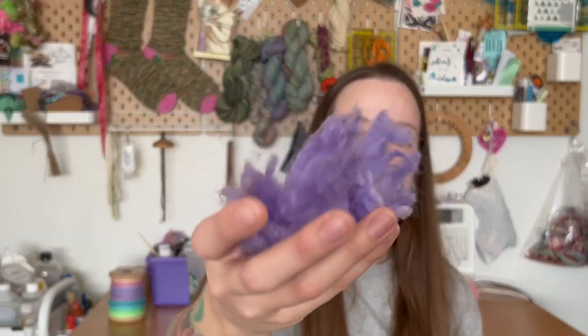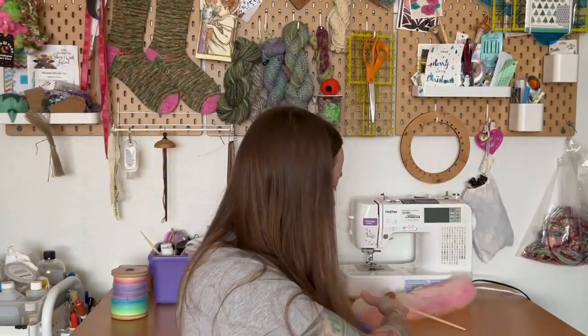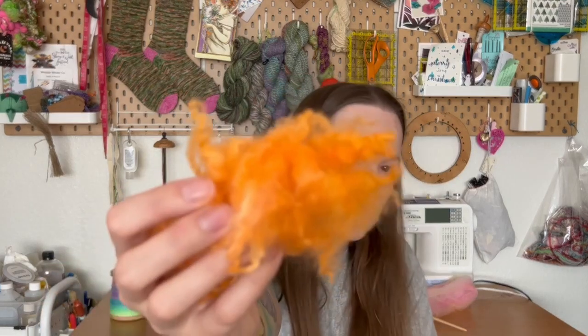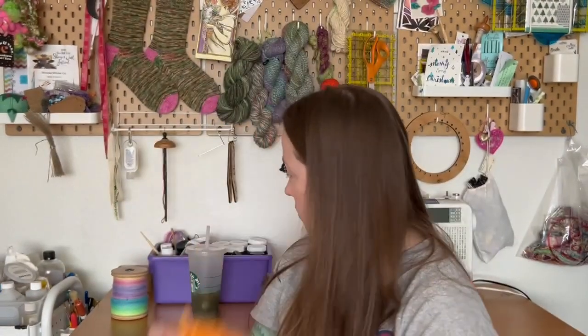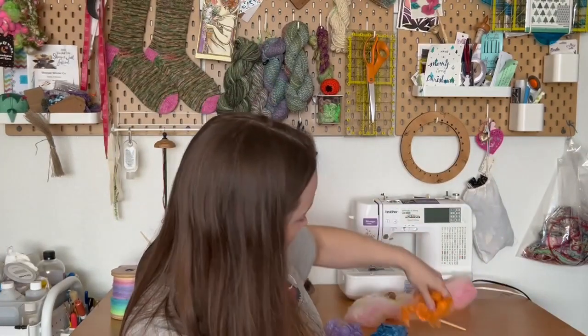All right, so here is the lilac or lavender color. Whoops, dropped it. There's that. Here is my blue. I think this is called sky blue. I think the purple dye is called lilac. And then this one is cantaloupe. There's that. And I'm currently trying to dye a hot pink, and then I'll dye key lime,